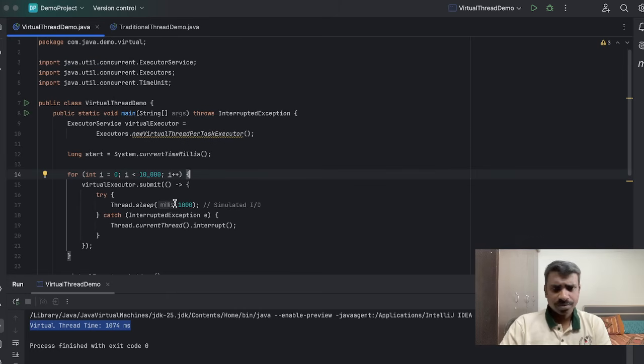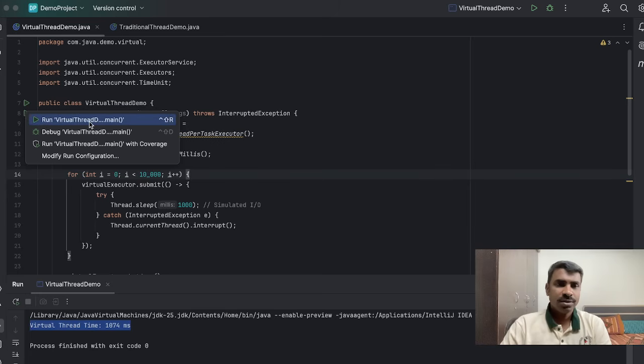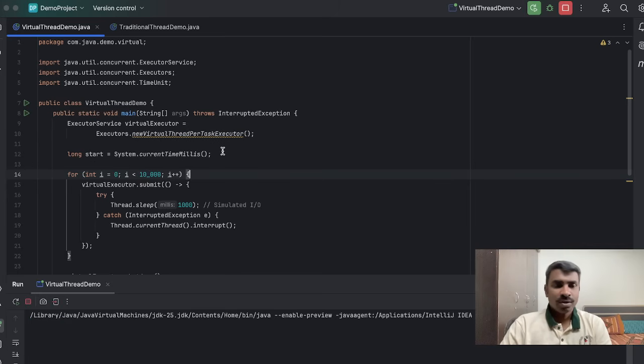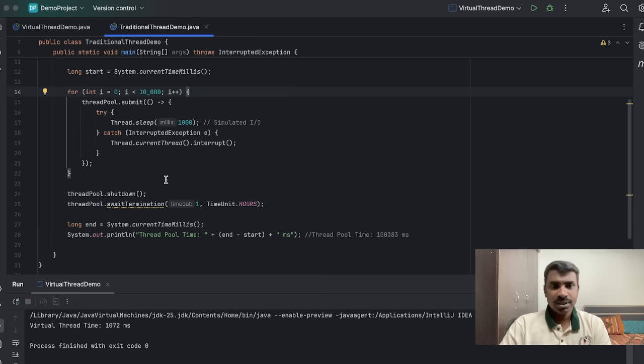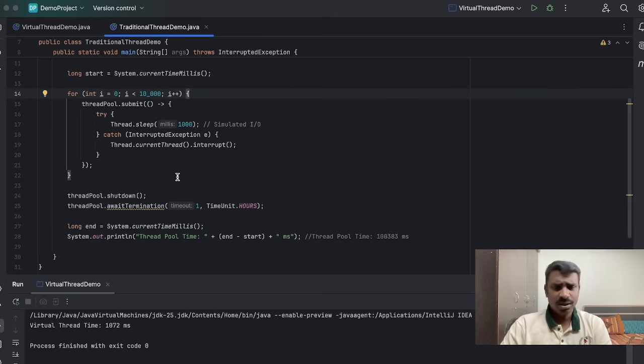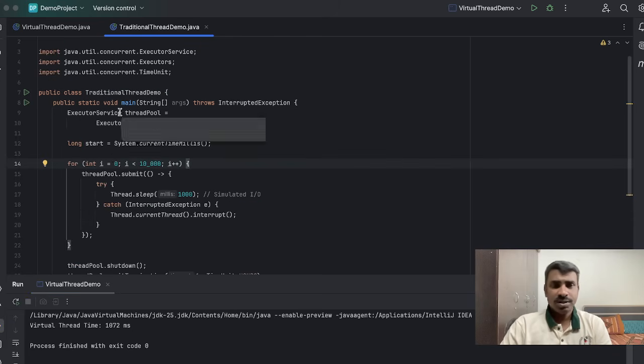First I am running the virtual thread. You can see the output: 1072 milliseconds. Now the same thing, but instead of virtual thread I am using our normal traditional thread.